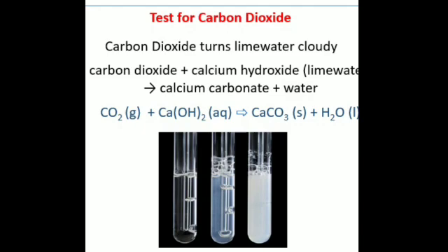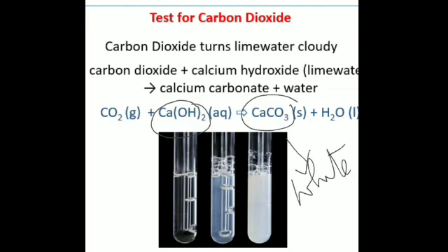So, when carbon dioxide gas is passed through lime water. Now, what is lime water? It is calcium hydroxide, aqueous calcium hydroxide. So, when carbon dioxide is passed through it, it results in the formation of calcium carbonate, which is a white precipitate, and due to this the color of the solution changes to milky white. Is that clear? However, when carbon dioxide gas is passed in excess, the milky solution turns colorless.